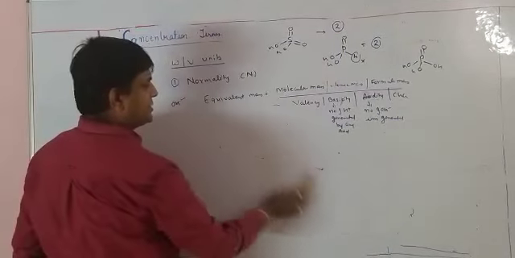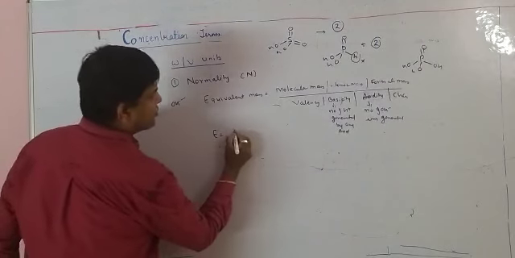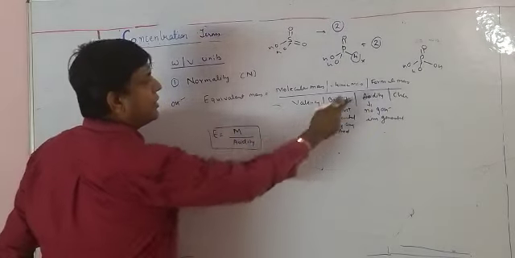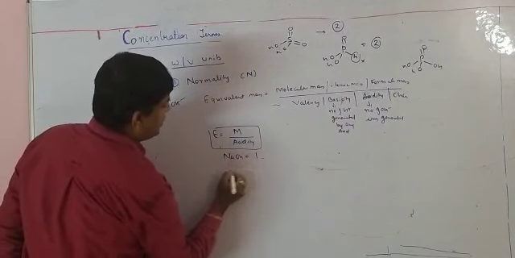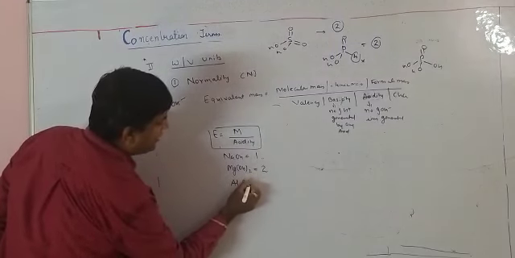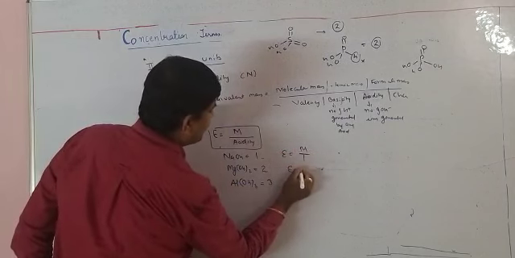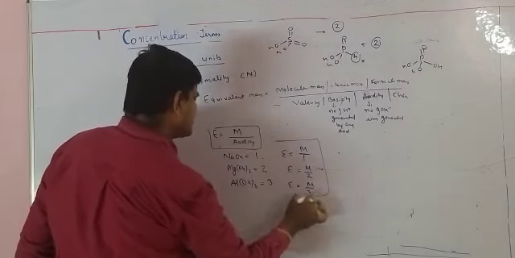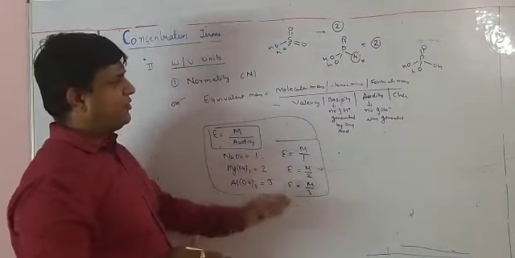In the case of base, the formula will be the same, but what changes we have to make? Equivalent mass of the base is equal to molecular mass divided by acidity. What is acidity? I have written here, the number of OH ions generated. For example, NaOH gives 1. Magnesium hydroxide, that is milk of magnesia, gives 2. Aluminium hydroxide gives 3. So, equivalent weight is equal to molecular weight upon 1, molecular weight upon 2, molecular weight upon 3. In this case, generally we don't see any exceptions. You have to follow the simple concept that the number of OH minus ions given is the acidity.